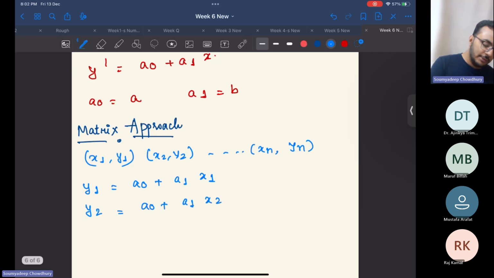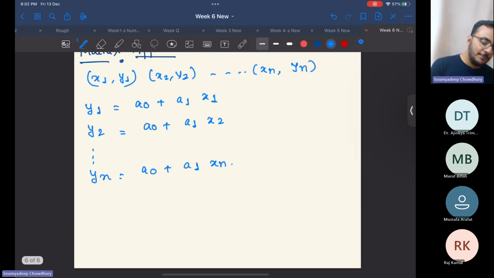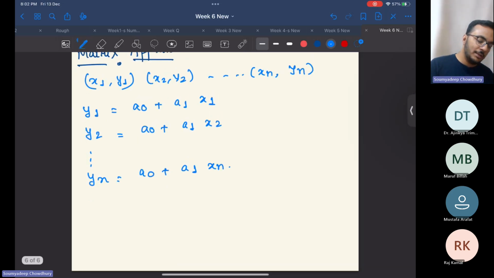Suppose y equals a0 plus a1x. So it should be y2 equals a0 plus a1x2. Again, y3 should be equal to the same form, up to yn, which should be a0 plus a1 into xn. Right. So instead of finding it using the formulas, if you don't want to remember the formulas for a0 and a1,